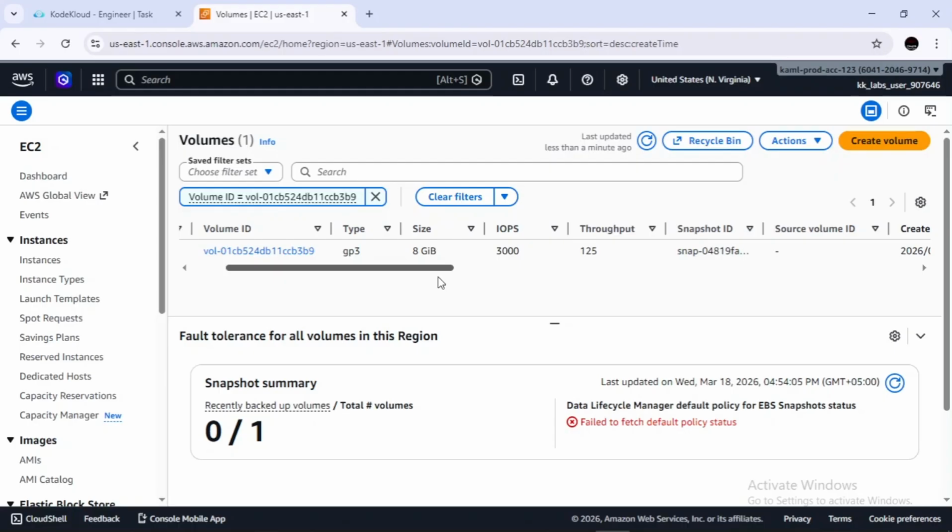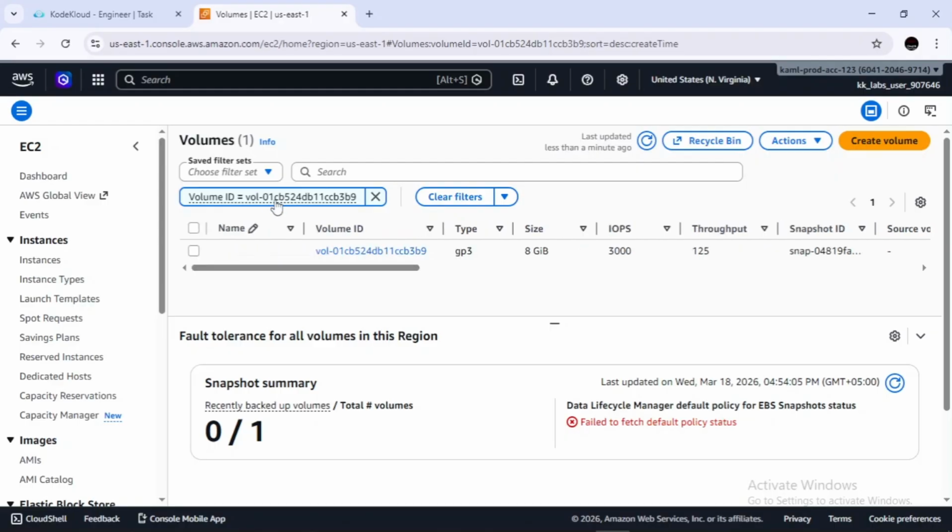What I mean is, suppose we expand this storage from 8 to 12 GB from this console, in the console the storage will be 12 GB, and inside the EC2 instance the storage will remain 8 GB until we expand it.